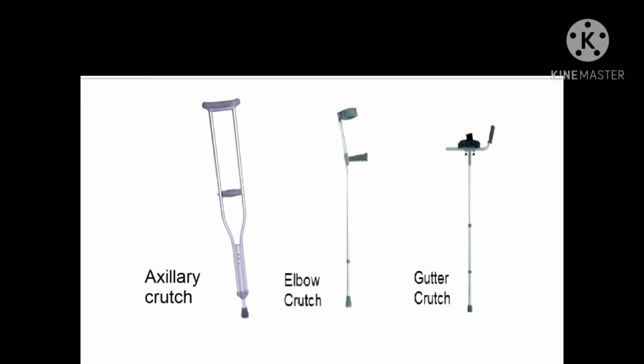We are more concerned with this type, the axillary crutch, which is also commonly asked in the exams. That is why your clinical assignment also was centered around the axillary crutch. It is very, very important to know the measurement of the axillary crutch, as it can be asked for 7 marks. So you can be asked about different types of crutches, and then you can be asked to write a note on measurement of the axillary crutch. Elbow crutch also could be asked, but the axillary crutch is more important.